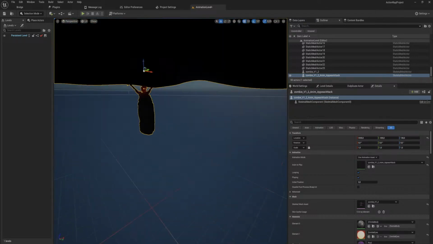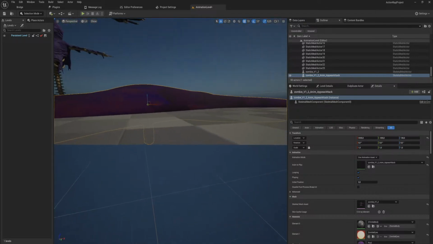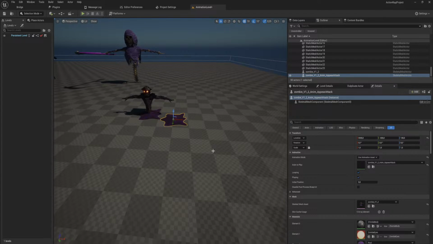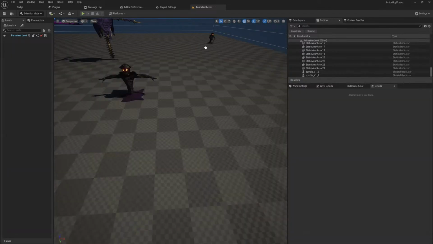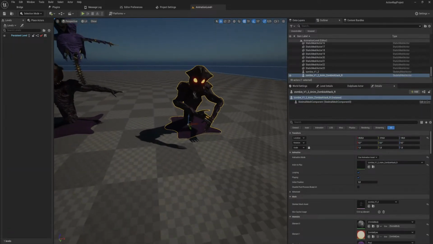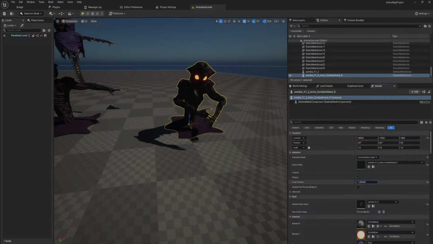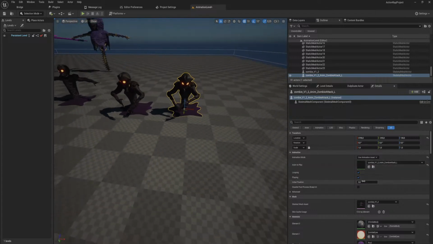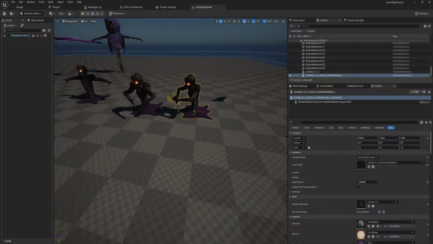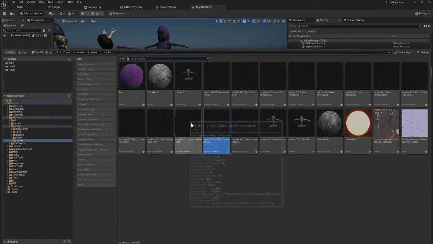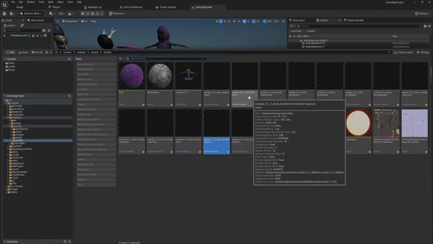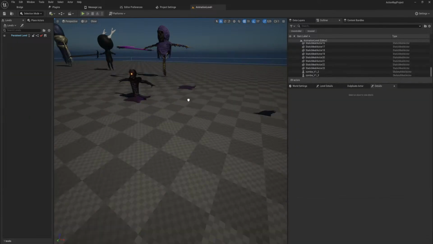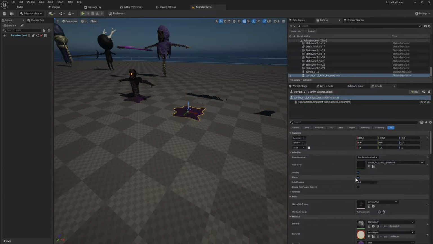Well, that's not going to do much because this is the animation where he's hiding under the ground. But we can pull in any of these animations and they all work for the most part, right? So this is the attack animation for the right arm. Then we have the attack animation for the left arm as well, and so on and so forth. Some of the animations didn't properly import yet, like the appear attack, for some reason the arms just don't